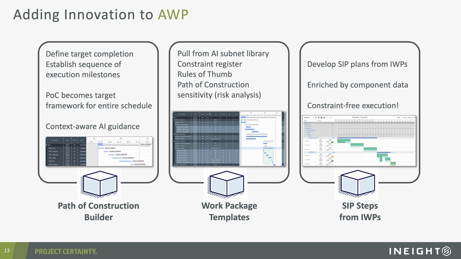We talked about this concept of rules of thumb. I think it's a huge benefit from a planning perspective. It's one thing to get the durations and the costs right, but if the overlap as a result of sequence is wrong, then your plan is effectively useless. So the combination of accurate duration, accurate cost, and then realistic and accurate sequence is a very, very big deal. So, this concept of building these work package templates and being guided by the computer, and then of course, adding on top of that the overlay of the ability to do a risk analysis is absolutely a big step forward